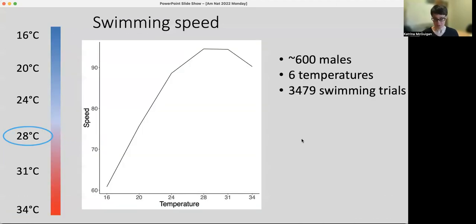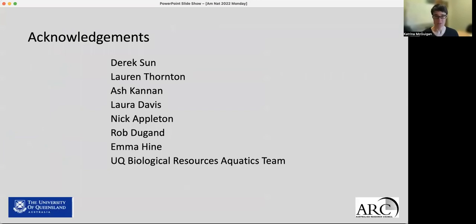And before I go on to show you the results of this work, I just want to pause for a moment and deal with acknowledgements. Although this work was led by Chrissy as part of her PhD research, it took a lot of work to conduct all of those performance assays, as well as to rear all of those fish. And so there were contributions from volunteers in the lab, as well as research technicians and postdocs in the lab, to be able to collect that data in a timely manner.